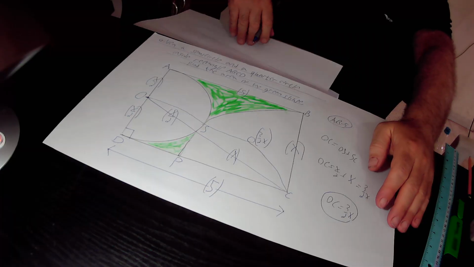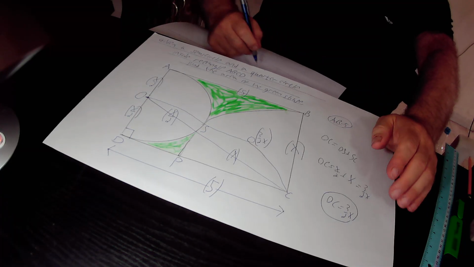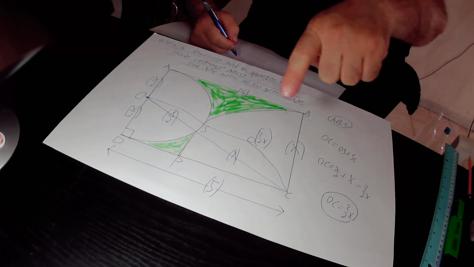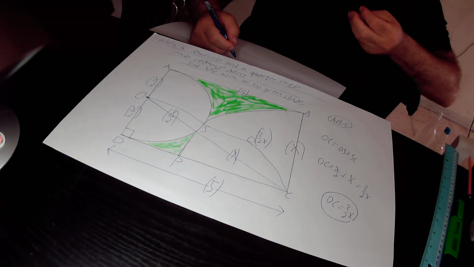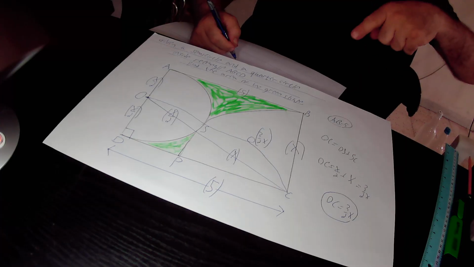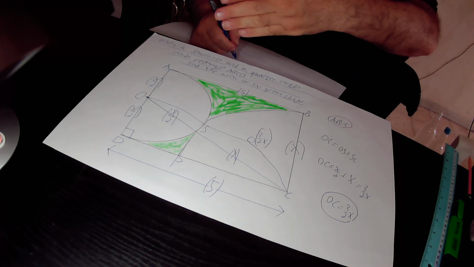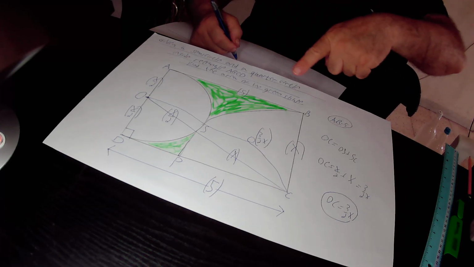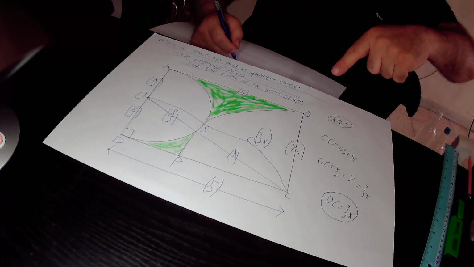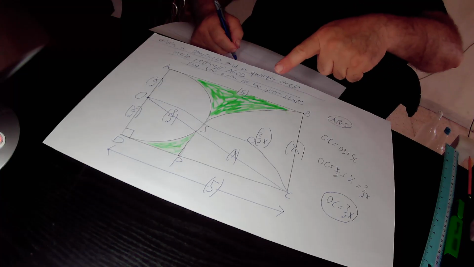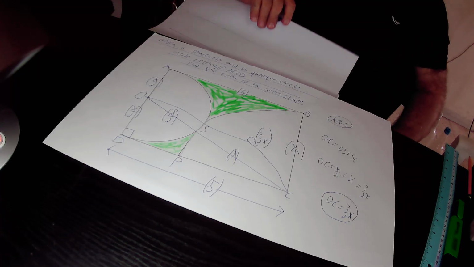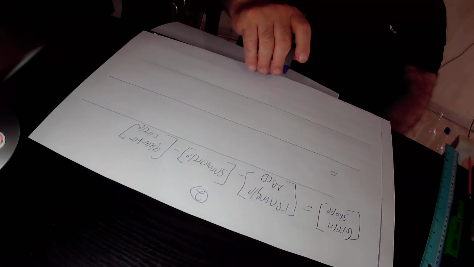So the area of the green shape equals the area of rectangle ABCD. What is the area of rectangle ABCD? The area of any rectangle equals the length times the width. The length of this rectangle ABCD is AB, that is 5. The width is BC, that is x. So in total, the length times the width is 5x. So the area of rectangle ABCD equals 5x